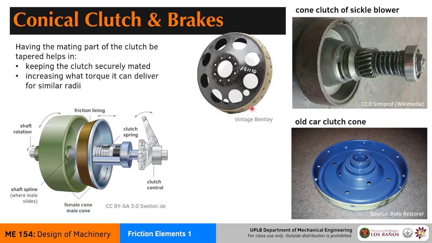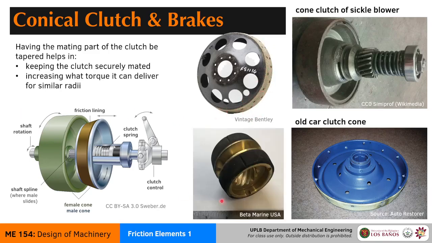Here's another example. So this is a different kind of brake lining, and here's another one. So this is a double-sided, double cone clutch here. I am not sure how it is used, but you can see the brake lining here, and most of the material here is, I believe, either brass plated or completely brass. I'm not sure.